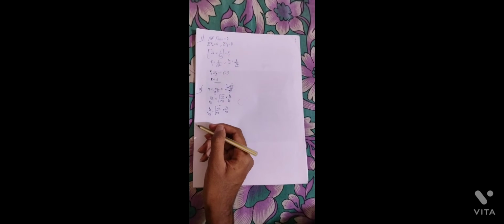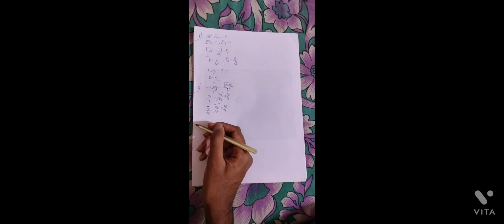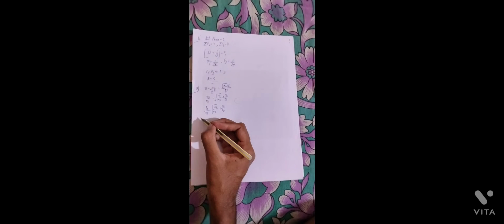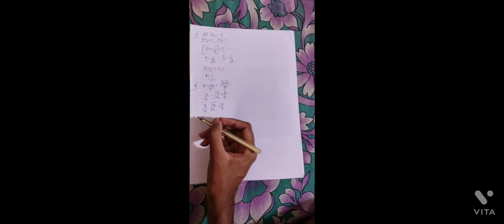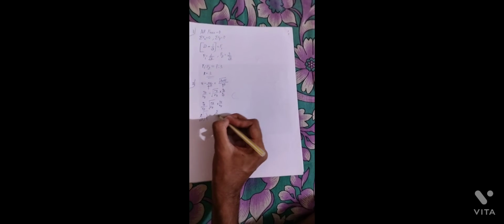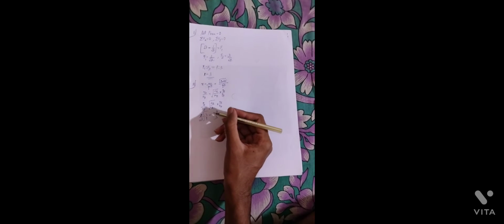So if we take the first one, what they are given: QB is 2 by 3, 4 by 9. If you take the root of 4 by 9, that will be equal to 2 by 3. Okay, so therefore 2 by 3 into